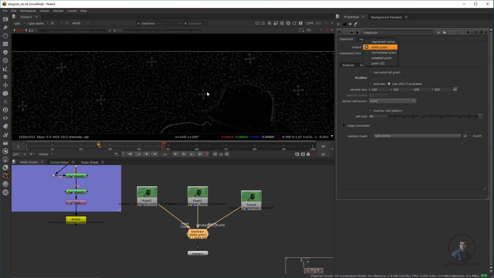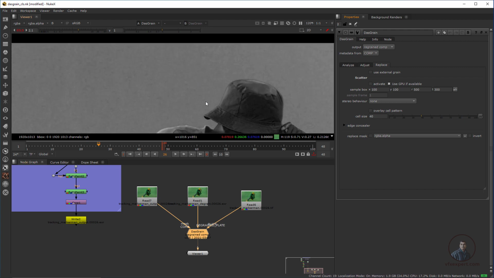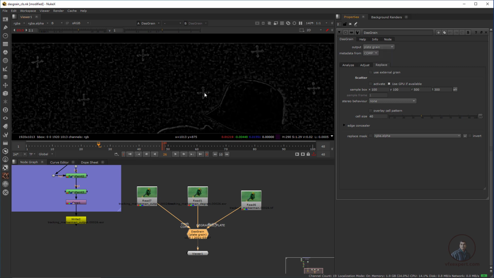So this is our original plate grains, and this is the regrained comp, our final output after applying these grains. That's why we are getting a little bit of a problem around this marker. So what I am going to do here is select this plate grain again, and replace this grain with these portions, or you can replace from any portion. For this I am going to use this replace option, and we have to activate this area here. Now we can activate this area.